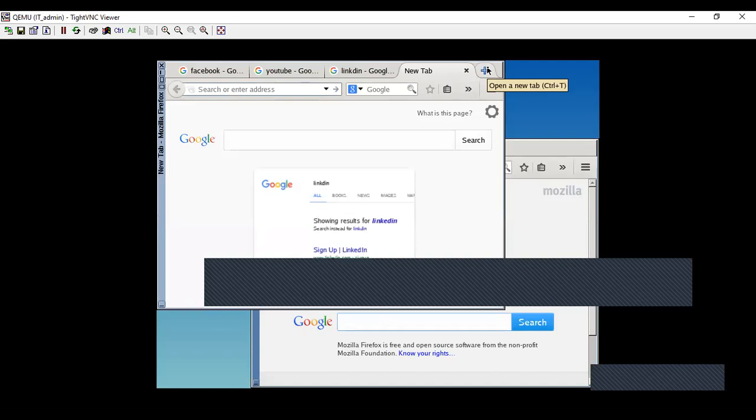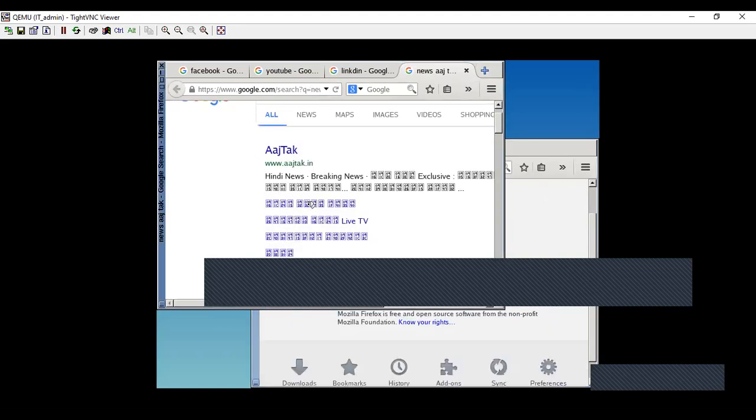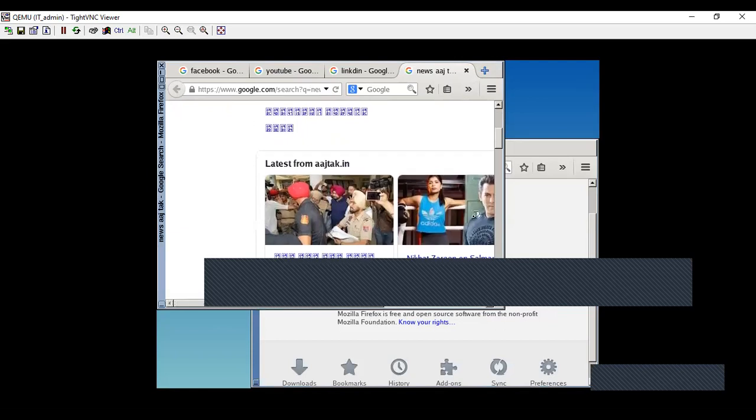Let me try LinkedIn. I'm able to access it. Let me take a news site, Aaj Tak. This site I'm also able to access. So that has been verified. Now I am able to access all the sites, and I am also able to ping 8.8.8.8.